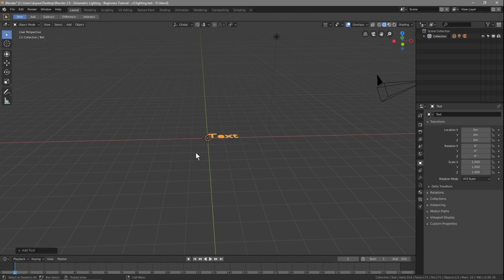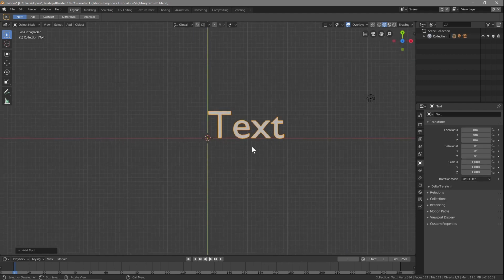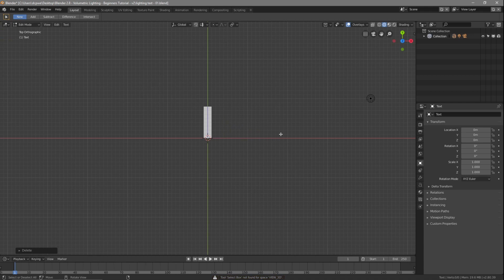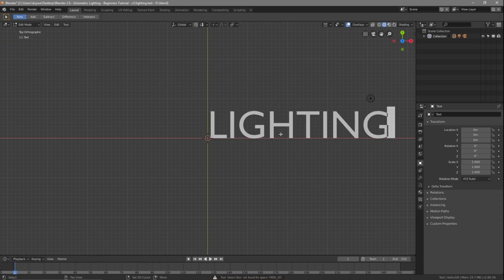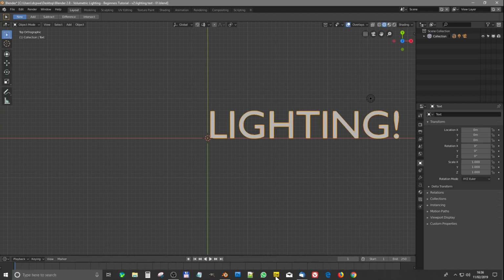We'll press number 7, that takes us into the top view, and then we'll go to object and go to edit mode here. Then we'll delete this, use the backspace key, and you can type in anything you like. I'm going to type in lighting with an exclamation mark. You can type whatever you like. Then we will go to our web browser